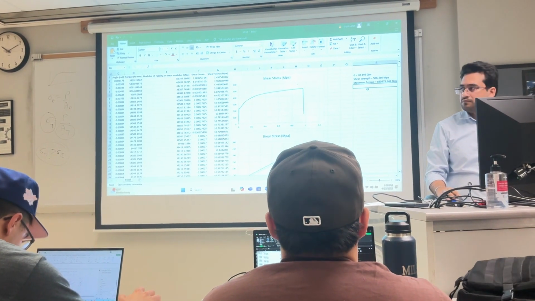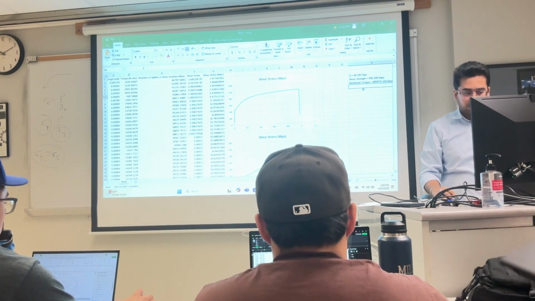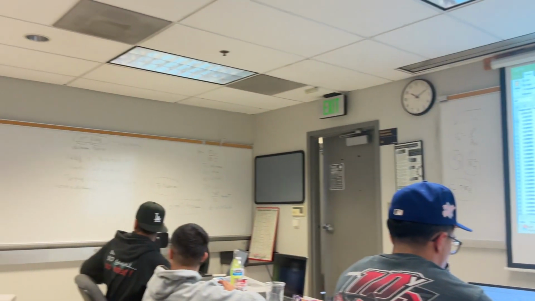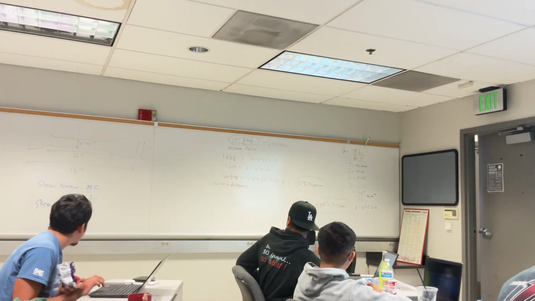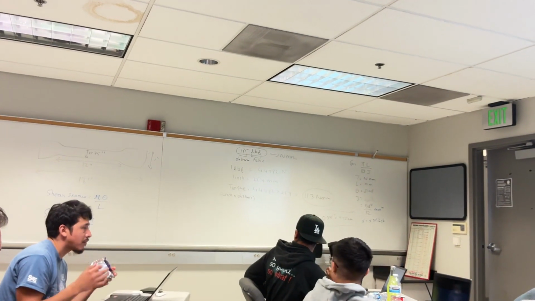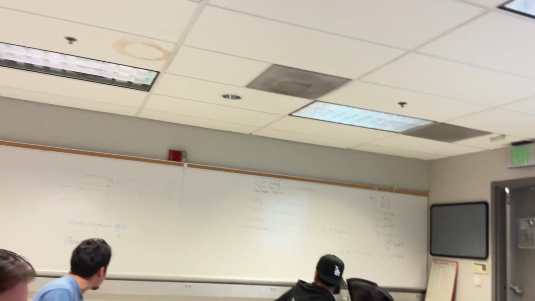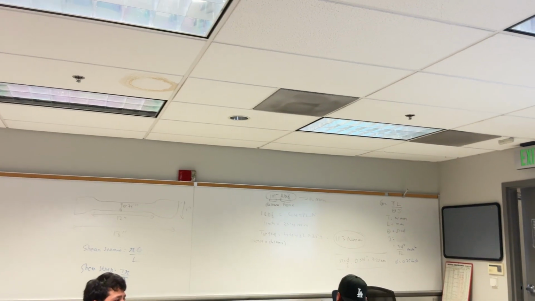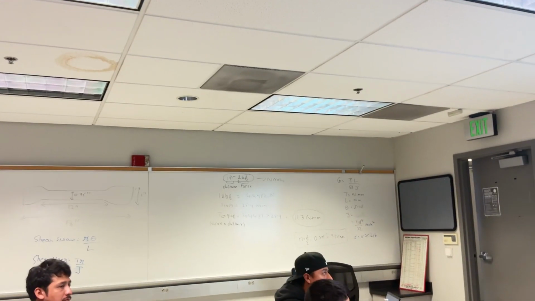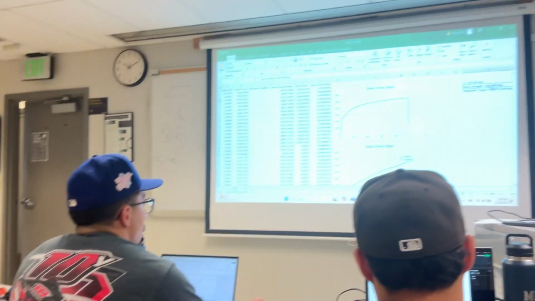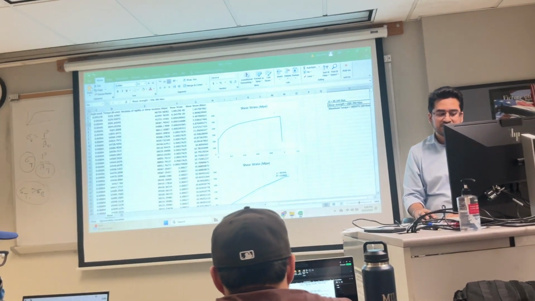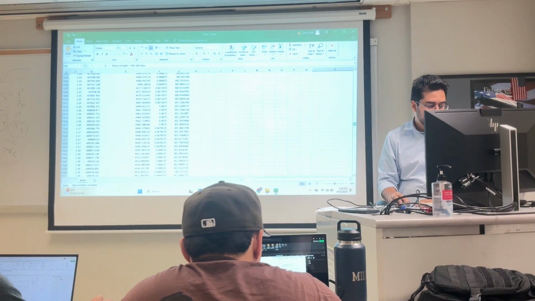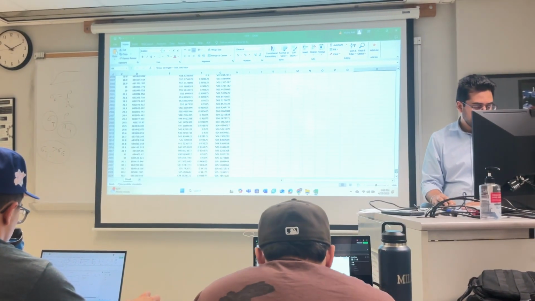Can you show us one more time how you found the maximum? Okay. So maximum torque is basically, see the formula where you are getting a maximum shear stress. Because R and J are constant, shear stress is directly proportional to the torque. It will not change. So where you are getting a maximum shear stress, your torque is maximum over there. If your maximum shear stress is 506, you find where 506 is.